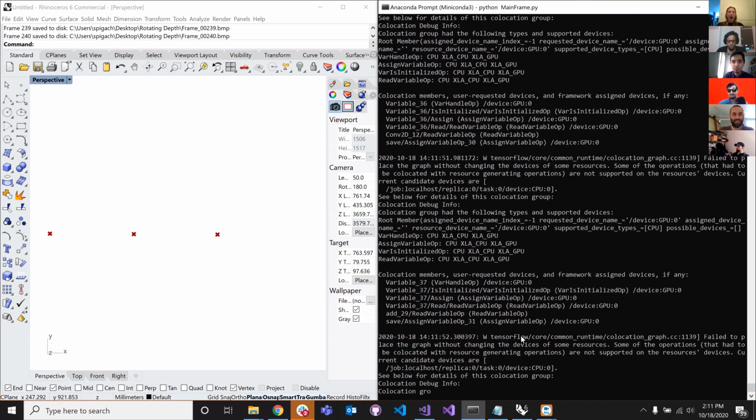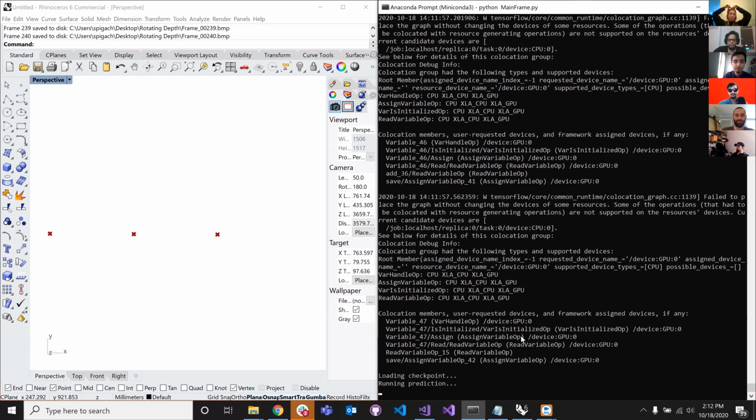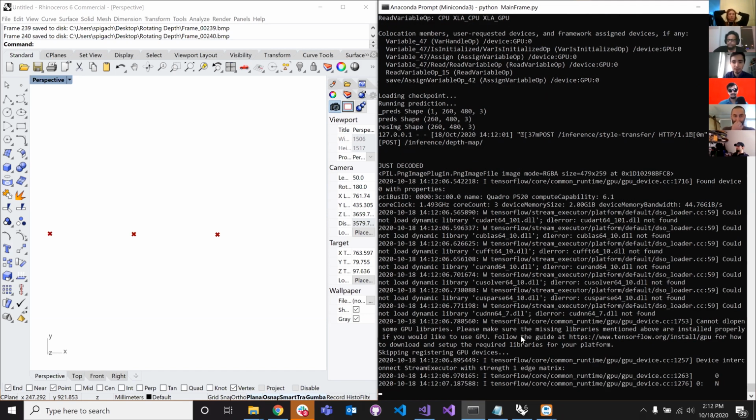But essentially what we have here is a Grasshopper plugin for interfacing with different GAN related models. Okay, so in a moment it's going to think a little bit more, and we'll have some results.